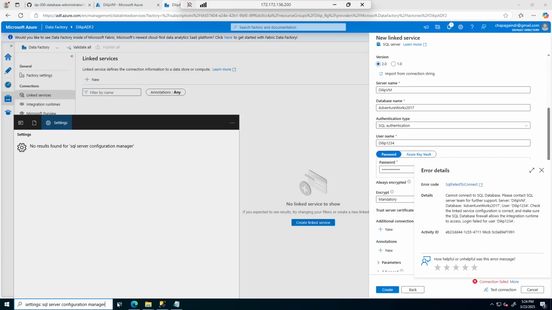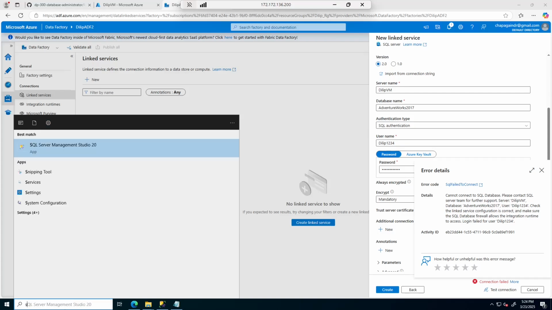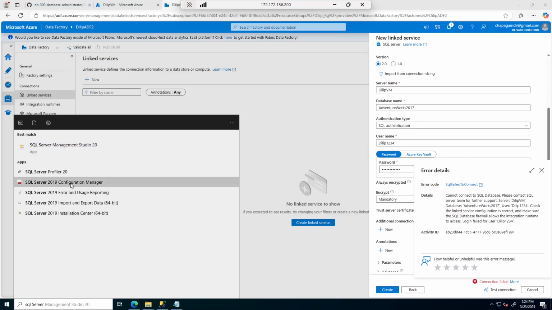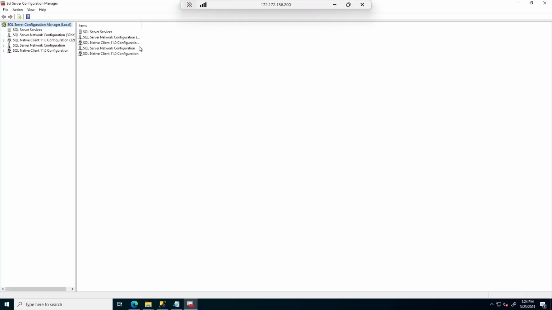Is this something I can select? Not sure why it is not popping up. SQL installation center, user rating, SQL Server Profiler, SQL Server Configuration Manager, right? 2019 Configuration Manager. So right here,